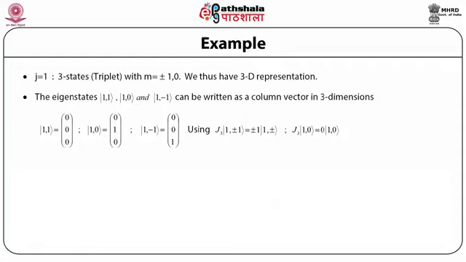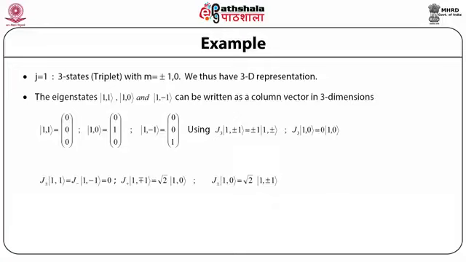And J3 |1,0⟩ is 0, and J plus or minus acting on |1,1⟩ (J plus) or |1,−1⟩ (J minus) is equal to 0, because J plus acting on |1,1⟩ means the maximum value of state |1,1⟩, M is equal to 1, and J plus cannot raise it further. Therefore, J plus acting on |1,1⟩ is 0. Likewise, J minus acting on the state |1,−1⟩ is 0, because |1,−1⟩ is a state with the minimum value of M, which is −1, and J plus acting on the state with M = −1 will increase it by 1, and so on.